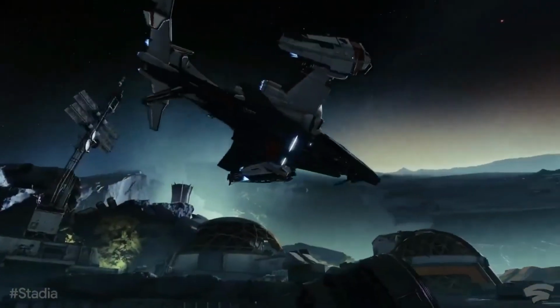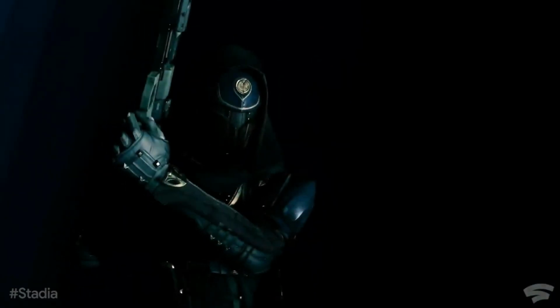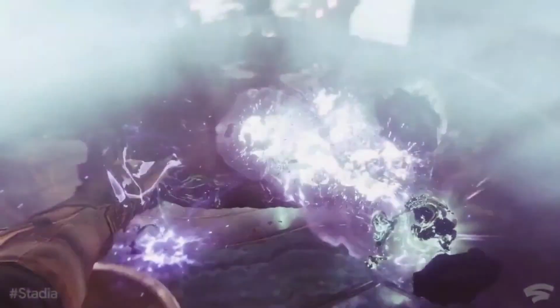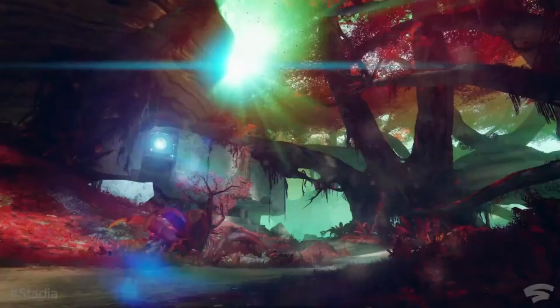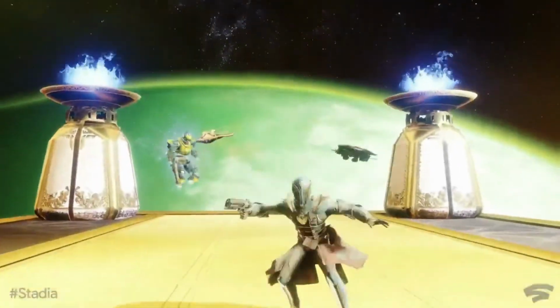Shadowkeep is the next chapter in the Destiny story. It's a pretty haunting tale. There are these nightmares that are walking the moon, and you'll have to find a way to conquer these nightmares and face your fears. We have a lot to do with Destiny 2. We're not done yet. We now are in control of our own destiny. Behind us, we have an incredible